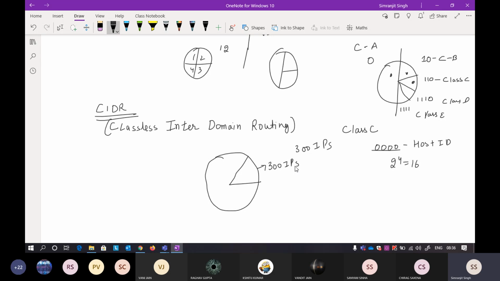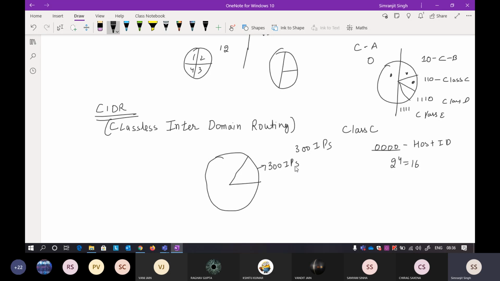Okay, so that is the advantage of classless interdomain networking: you do not need to worry about any class, because if you worry about a class, there are many more complexities attached to it. If you are a class C, you can only get this many IP addresses. That is the major disadvantage of following a class approach.